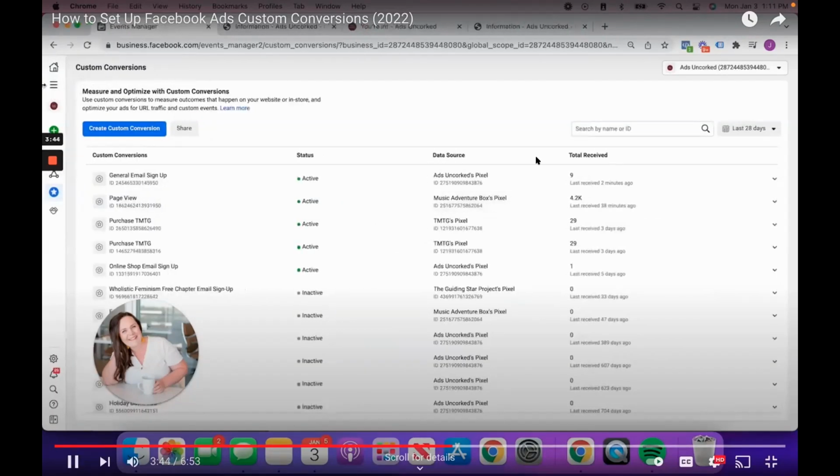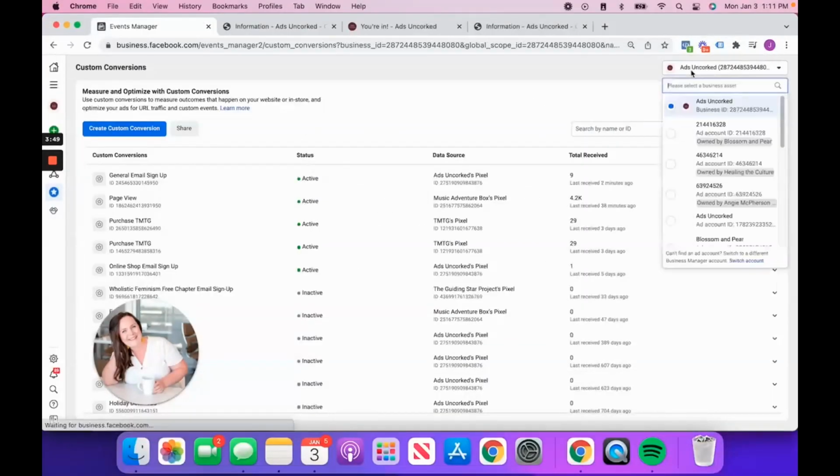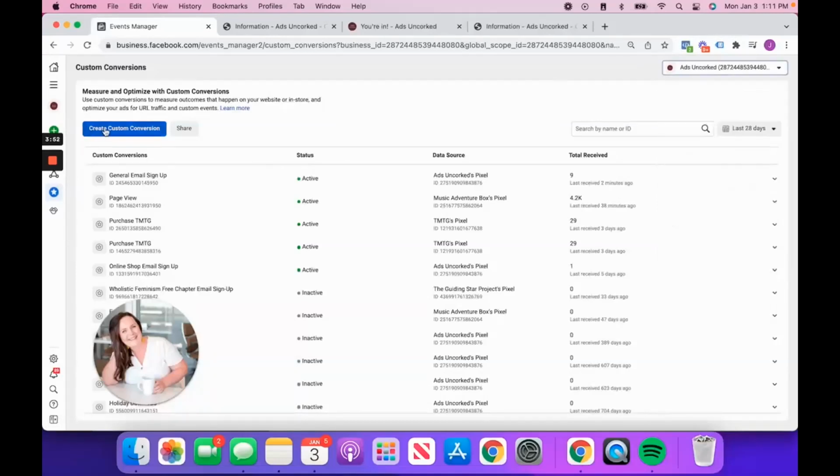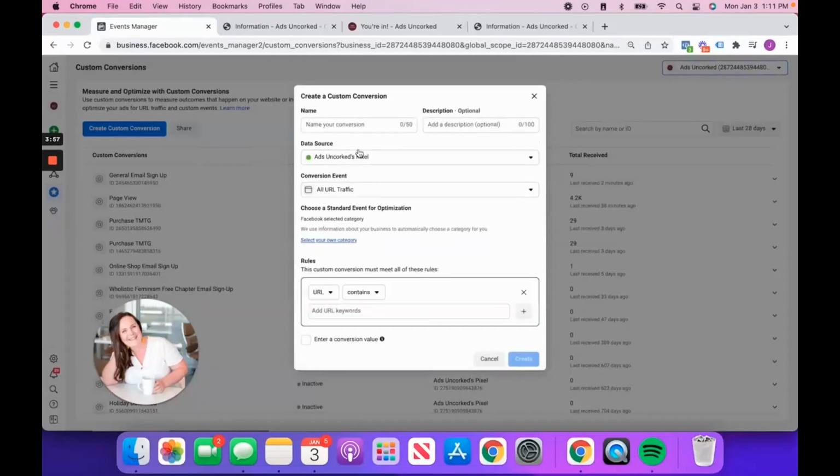Conversions, and what I'm going to do is say create custom conversion. Make sure also that your proper account is selected here, as you might have a few. Create custom conversion. I'm going to do ads on port. Name your conversion. So this is where I would say email sign up, or I could say free download / email sign up, because people downloaded my free download and they're now on my email list. So what I'm doing is I'm making sure that my data source is here, as in Work Pixel, when the URL traffic